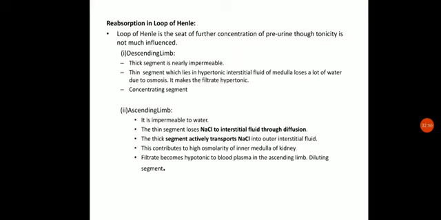Okay. Now this filtrate becomes hypotonic to the blood plasma, because it has released the major part of the NaCl. Now it will have a low amount of solutes, and hence this filtrate will become hypotonic to blood plasma in the ascending limb, and hence we can say it is a diluting segment. So the descending limb was the concentrating segment. Note it down: the descending limb was the concentrating segment, while the ascending limb is the diluting segment.